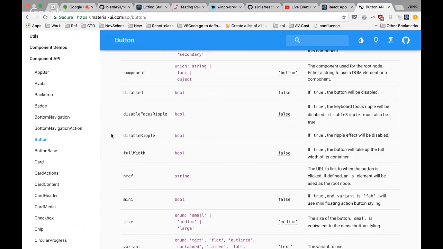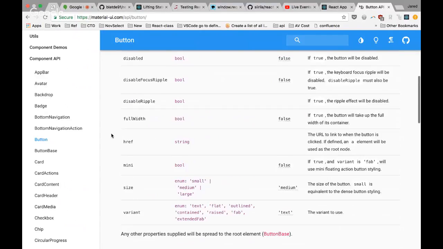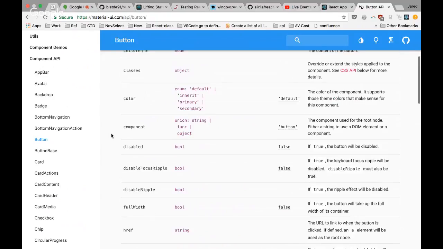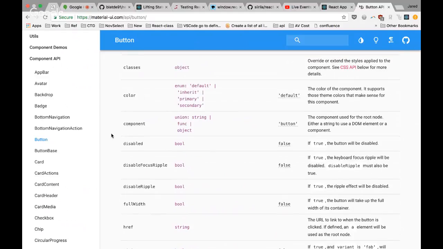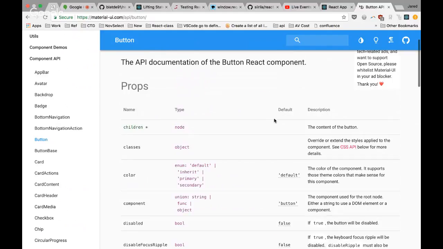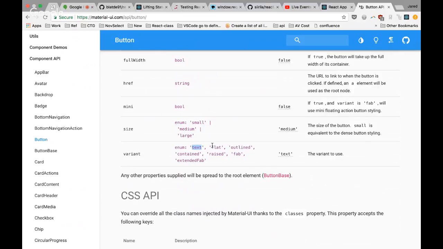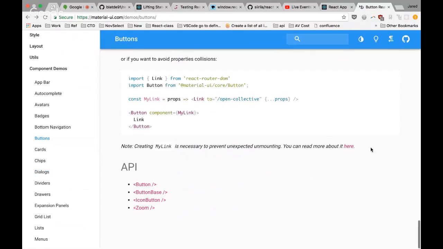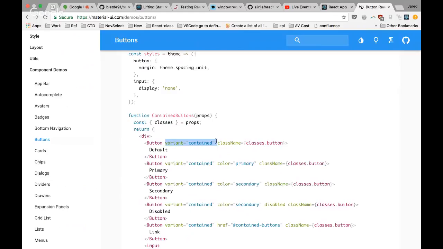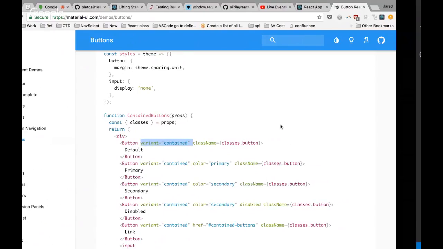It may or may not be a coincidence that the name is very similar. But you can see all of these are different properties that you can set in one way or another on their button component. And one of them, let's see here, is this variant. And by default, this is the default value, it's text. And then the other options are flat, outlined, contained, etc. If we go back and look at our button that we wanted to do, this contained button, we can see that's exactly what we need to do. We just need to set a variant equals contained on our material button